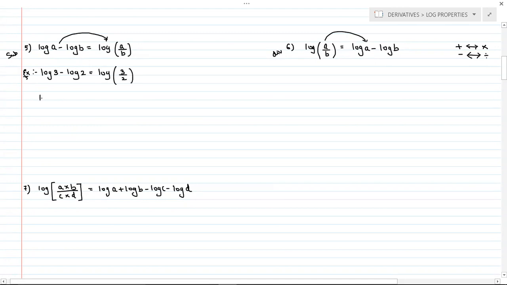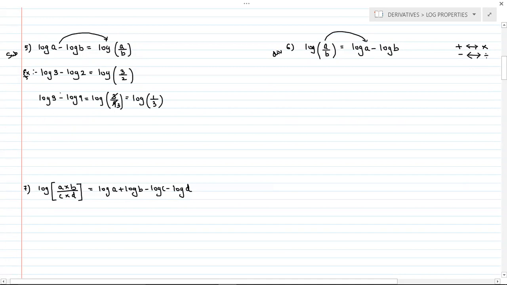Okay, so suppose if we take one more example, log 3 minus log 9, so this can be written as 3 upon 9. Okay, so clearly we can see that here we can reduce this number. 3 ones are 3, 3 threes are 9. If you can reduce the number, reduce it and then write the final answer. After this, we clearly can see that we cannot reduce this 1 upon 3, so you can stop your answer. Okay,